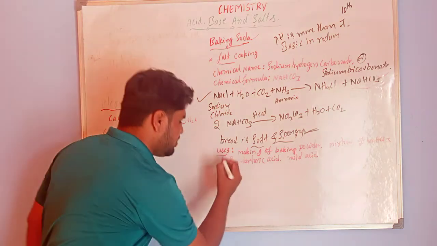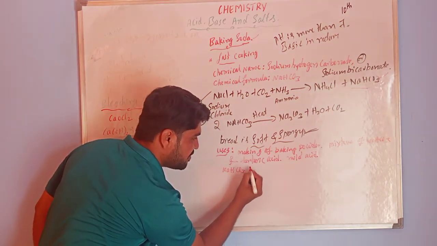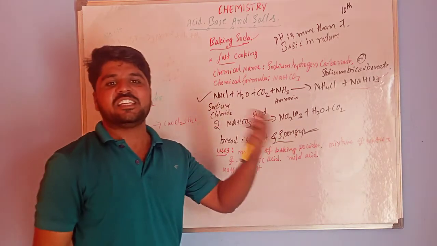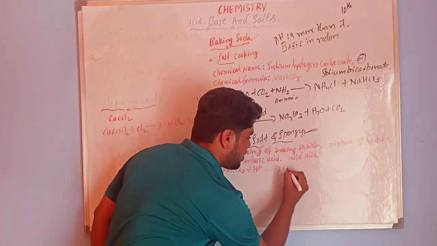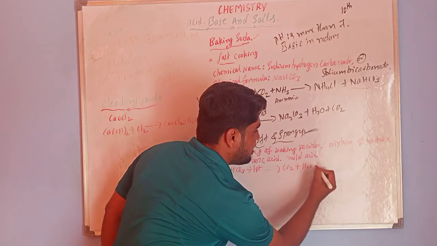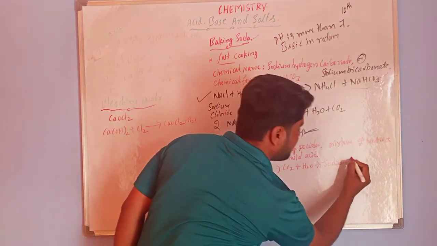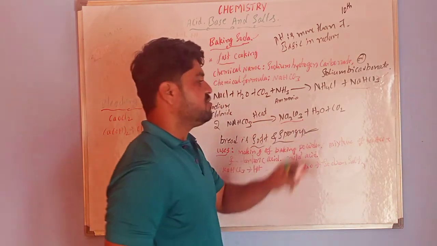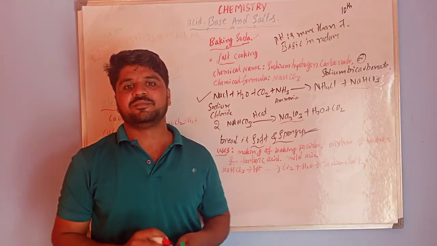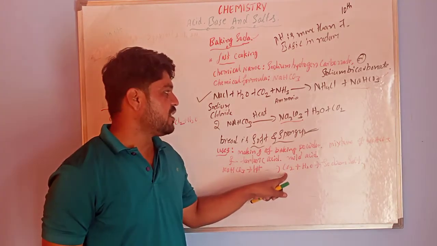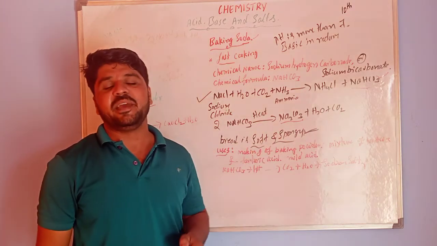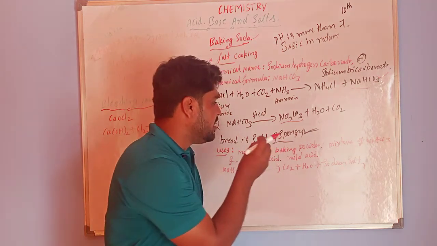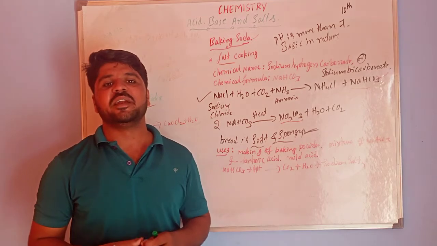Okay, so when this sodium bicarbonate, NaHCO3, reacts with acid, I write H plus. Why? Because acid produces H plus ions. The products are carbon dioxide and water and a sodium salt. This sodium chloride, or sodium carbonate, is also a sodium salt. This carbon dioxide and water. Okay, I already told you that this carbon dioxide is used in bakery items to prepare breads and cakes.